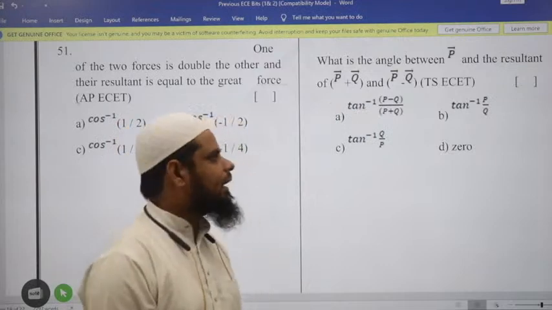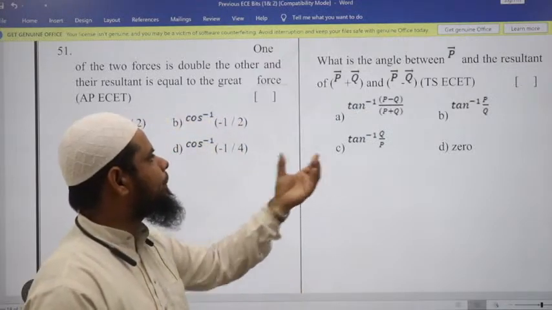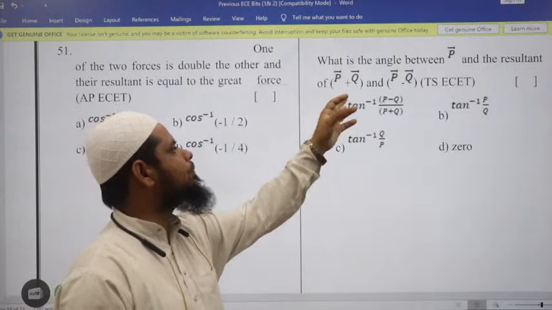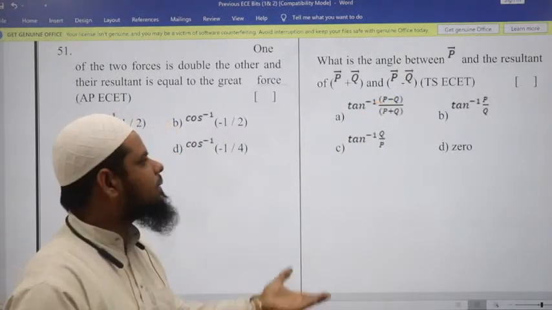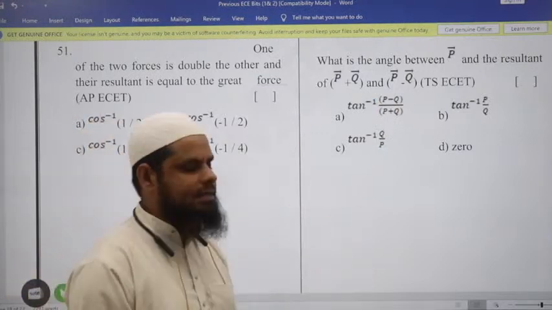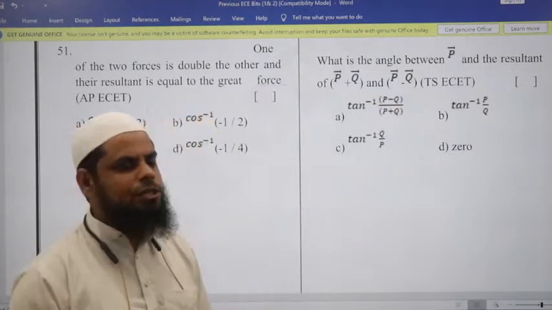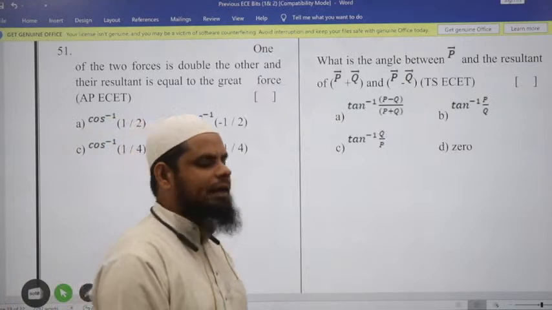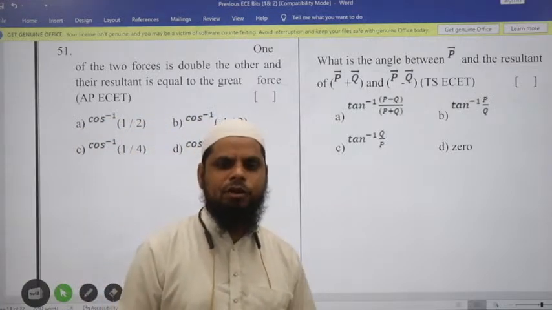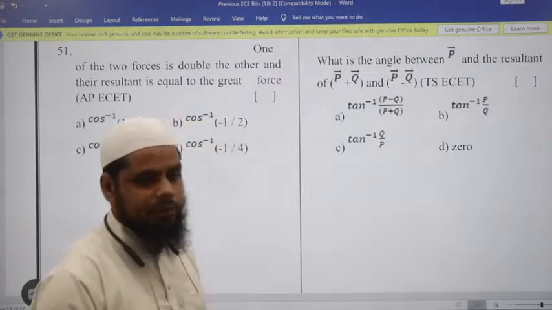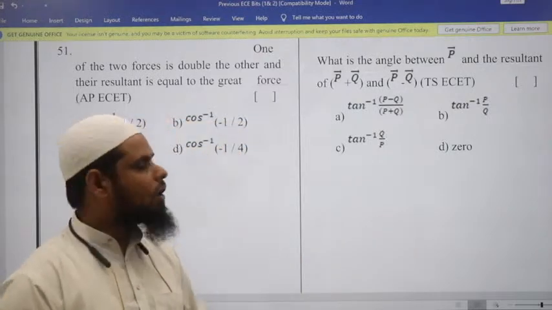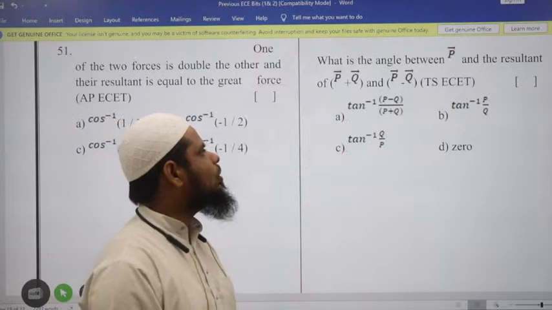So now you need the angle between P and the resultant. The resultant is R, so with that, what is the angle he is asking? Generally, what is the angle we are getting? Tan alpha is equal to Q sin theta by P plus Q cos theta, isn't it? So in that way he is asking what is the angle between